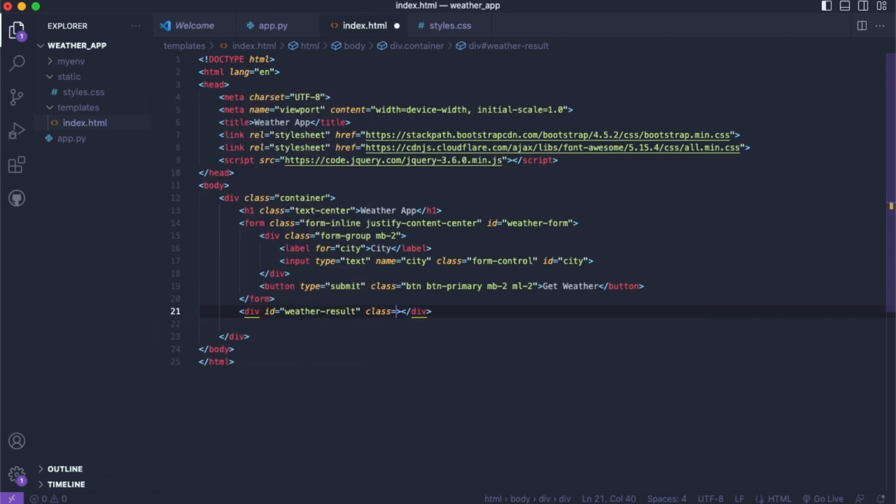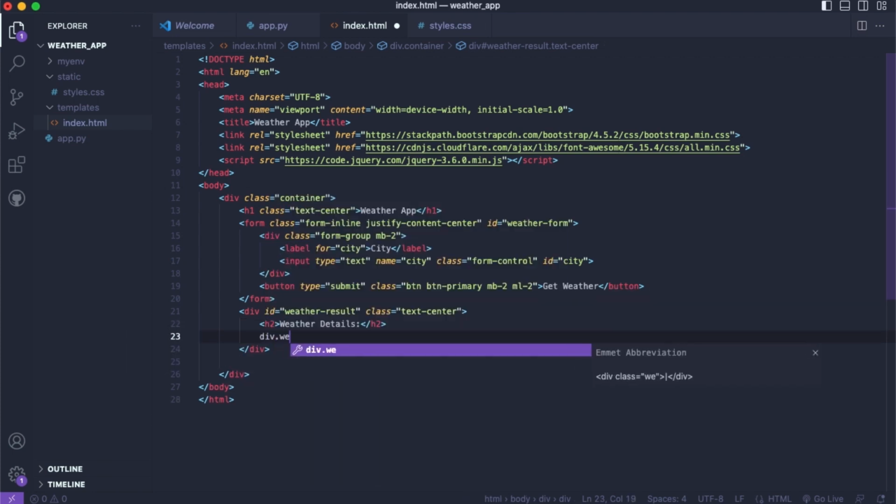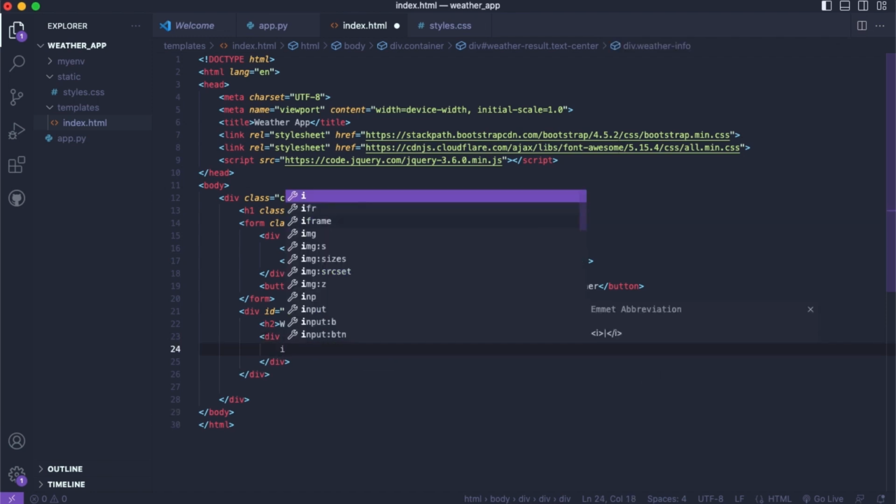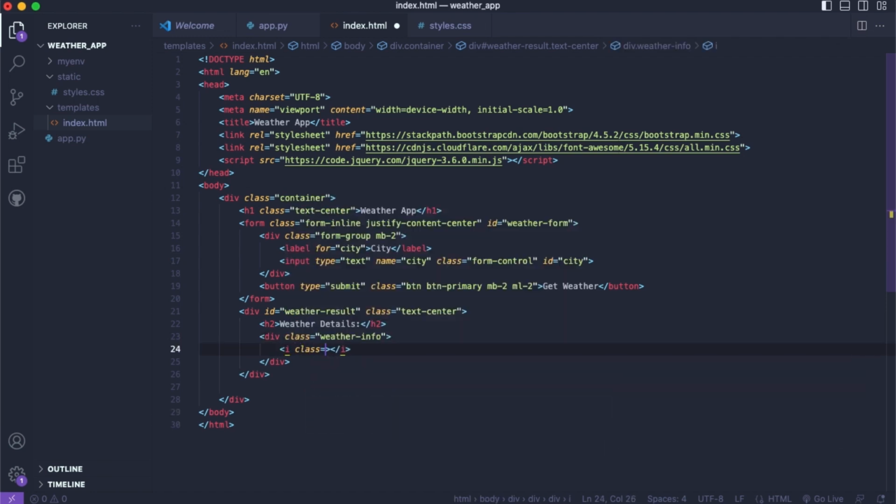We'll say class text-center, and then inside of this, heading 2 with "Weather Details", and then div.weather-info. We'll then use the i tag, and we'll say class fas fa-city, and this will grab the icon that we want. So we'll say span with the ID city-name,